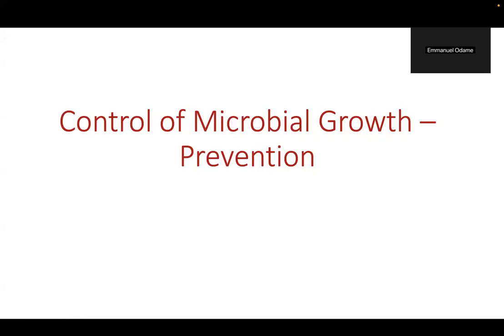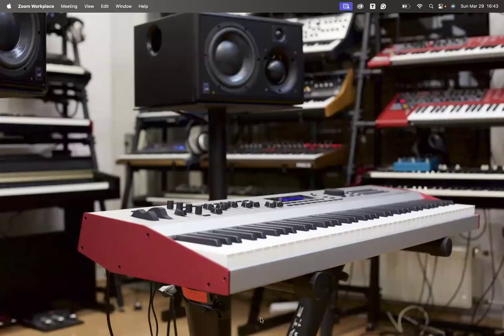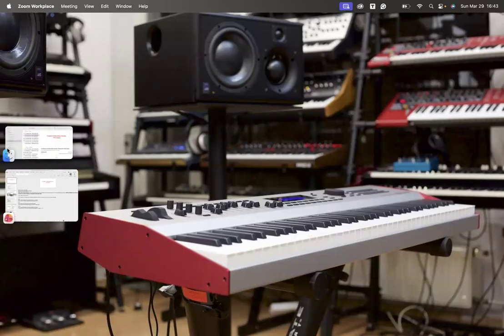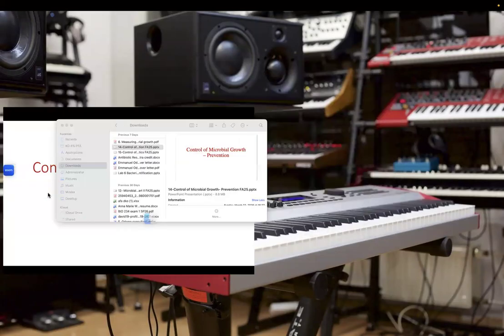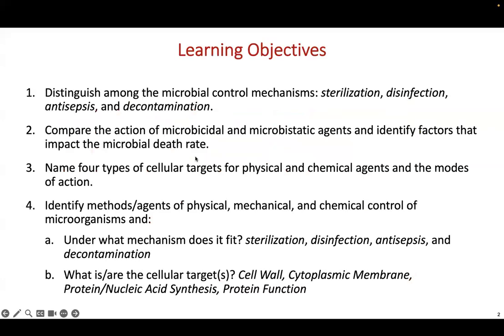So today is a build-up of what we learned on Friday. We are going to talk about the control of microbial growth. So the objectives for today are, one, to distinguish among the microbial control mechanisms, such as sterilization, disinfection,